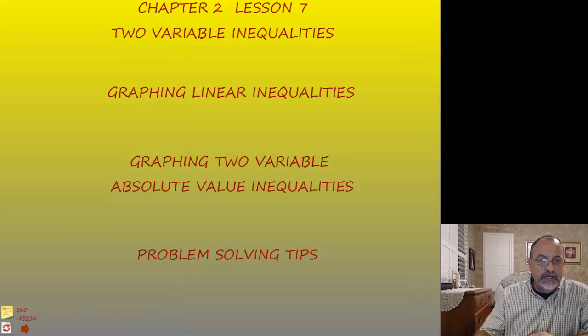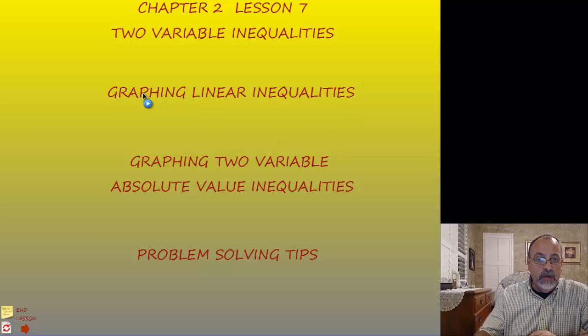Chapter 2, Lesson 7, looking at two variable inequalities and graphing those. And we talked about when we're graphing inequalities that we need to shade the region where the solutions are found. And we did that with linear inequalities, and the line becomes the boundary between the region where the solutions are located and where those are